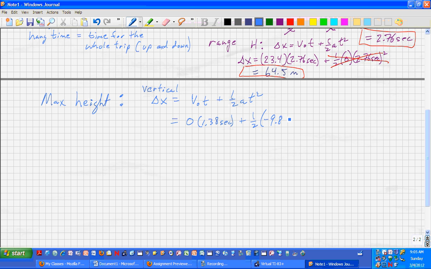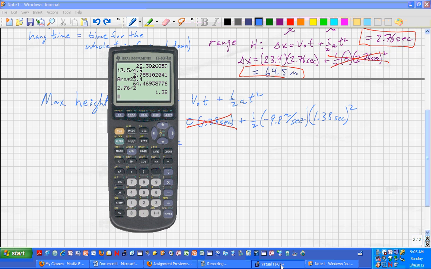Plus 1/2 times negative 9.8 meters per second squared times the time squared, which is 1.38 seconds. We're going to square that. So again, this completely drops out. Gone. 0 times anything is 0. And we get 1/2 times 9.8. You know what? I'm just going to do the math and get the answer. So what we've got is 0.5 times negative 9.8 times 1.38. Put parentheses around this. I'm not sure if it needs it, but I'm going to overkill here. Squared,